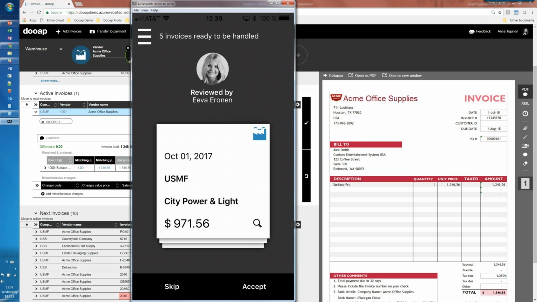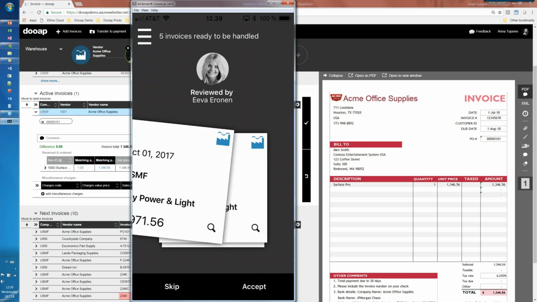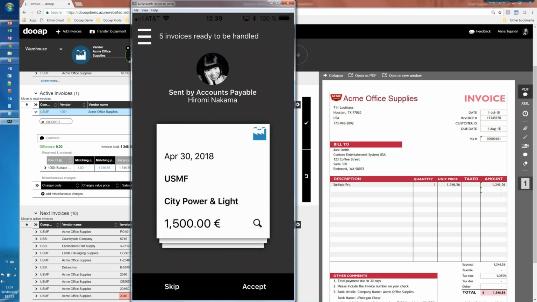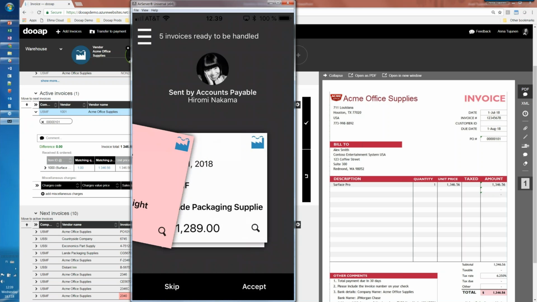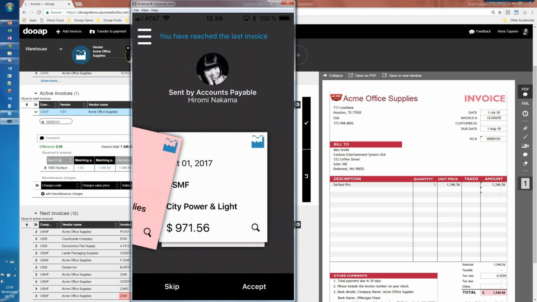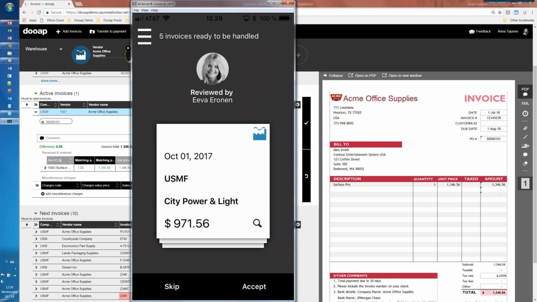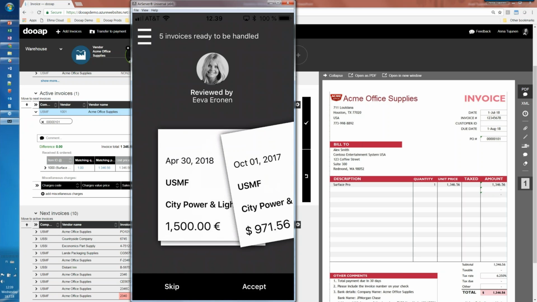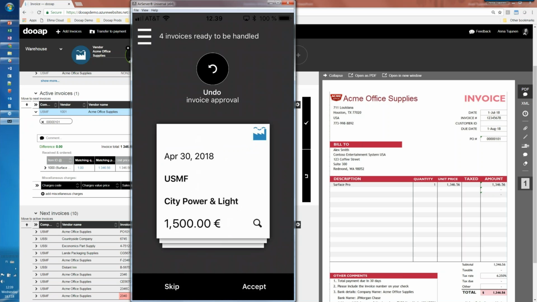We have a simple front view where the invoices are organized like a stack of cards. And I have the essential information on hand, and I can do the approving from this front view also. For example, here, I trust Eva. She always does everything correctly. And I do know that we already talked about this invoice. And the sum is below 1,000 like we talked about, so I can do that approving directly from this view.